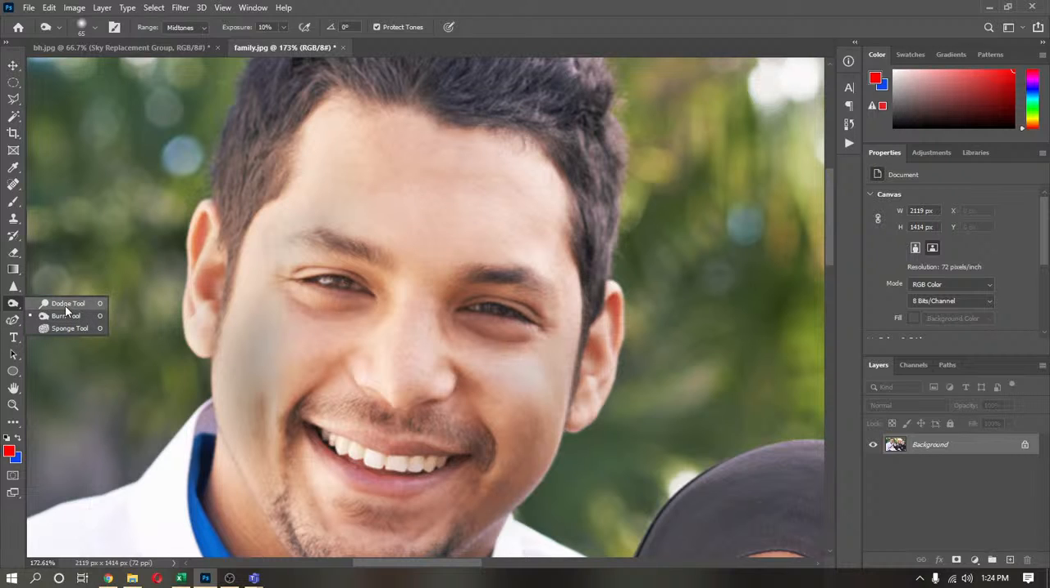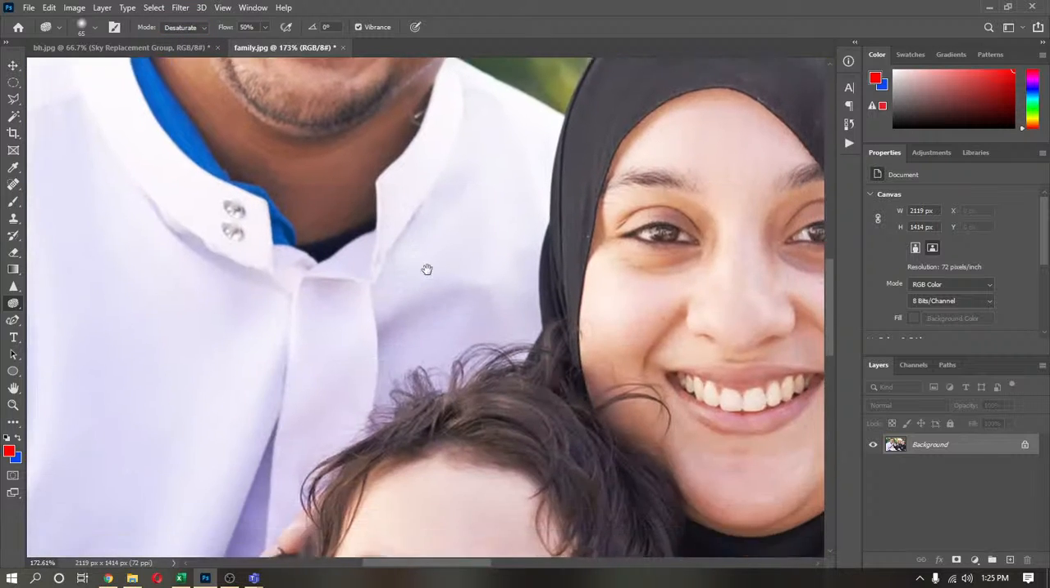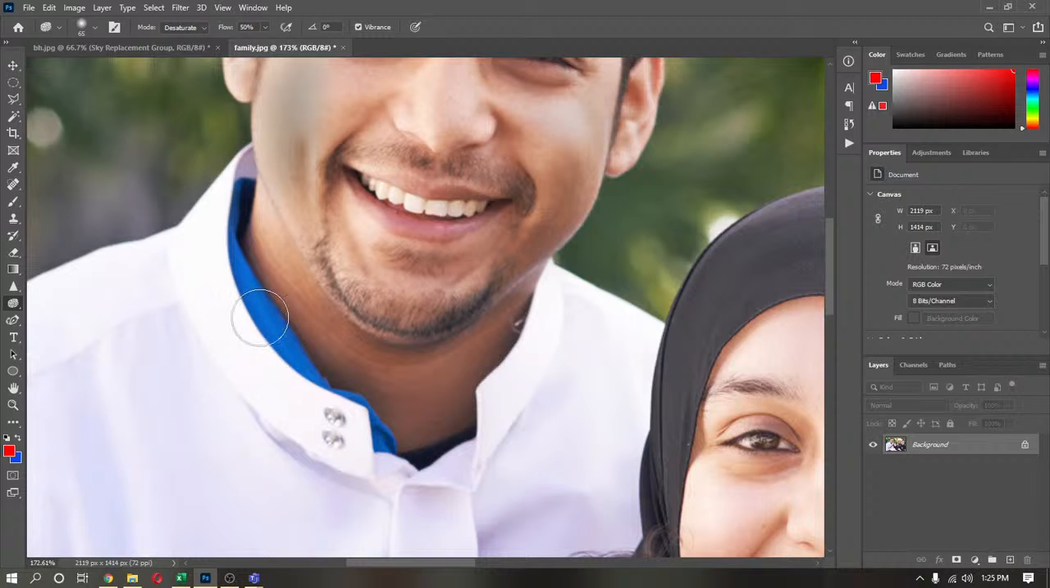The dodge and burn. With the sponge tool, you have the option to either desaturate or saturate. If I use desaturate and draw over something, like suppose on his blue shirt here, what will happen? Right now the value is 50. If I change it to 100 just to show you the result, it is becoming more and more colorless, black and white sort of thing. But if I'm using saturate,